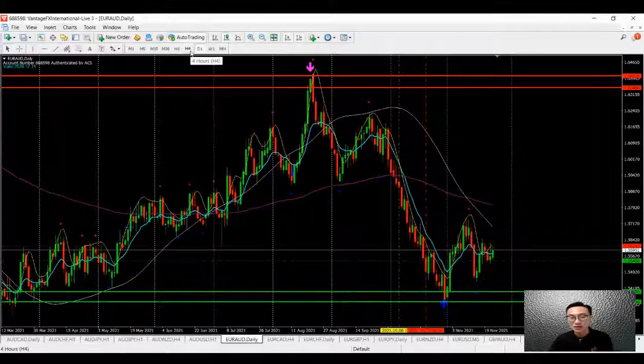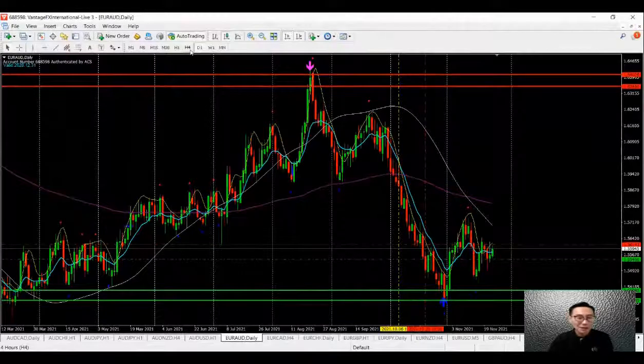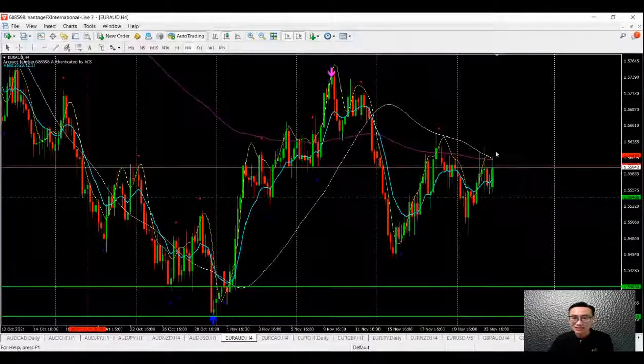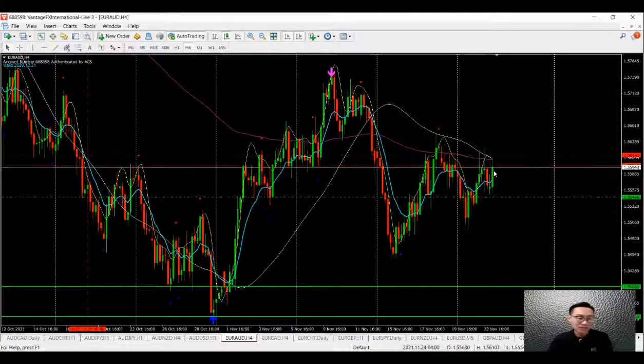Alright, Euro Aussie is very obvious that we are moving into the bull. So buyers, stand by. You can continue to do the buying with peace of mind. But pay attention to the resistance that is hitting nearby. So what you are going to do is, when the buying signal is there, especially in the bull market,